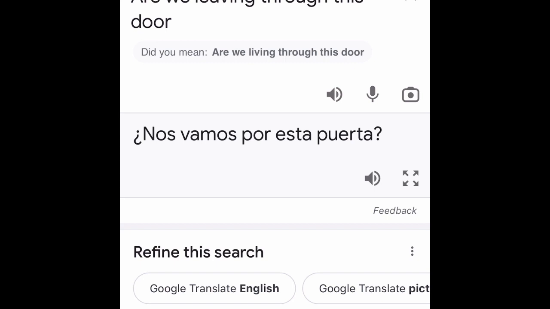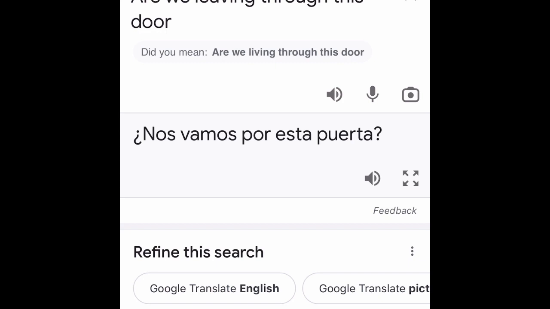But this is how Cubans say it in the Cuban accent: "No vamos po esta puerta." Let me repeat that again. So you see, the S's and the R's disappear in the word.